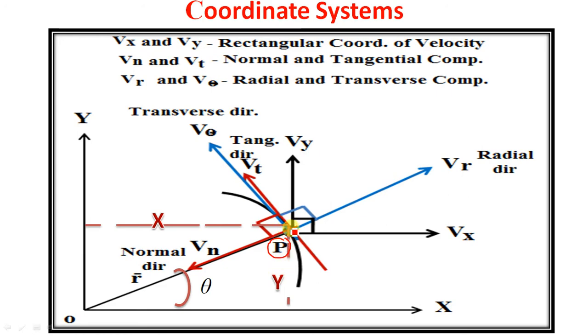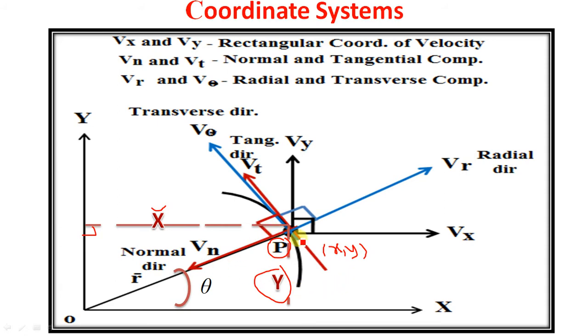Now, the position of this particle with respect to the axis x can be shown by the perpendicular if you draw from that reference line. That gives you the coordinate y. The distance from the x-axis gives you the coordinate y. Similarly, if you draw the perpendicular from that point on the y-axis, the distance from the y-axis gives you the coordinate x. So xy is called the rectangular coordinate system or Cartesian coordinate system. This is one of the types.